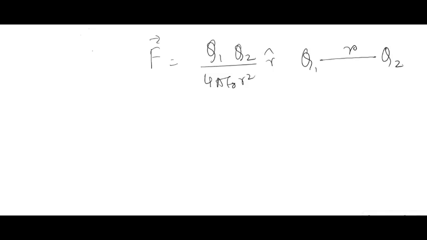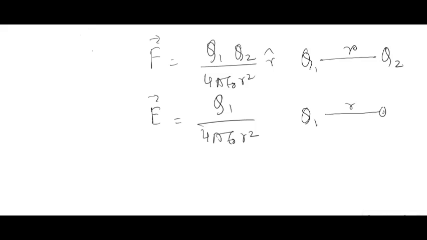Next আমরা দেখতে পেলাম ইলেকট্রিক ফিল্ড ইন্টেন্সিটি E, তার ভ্যালু হচ্ছে Q1 divided by 4 pi epsilon 0 r square, where Q2 is a unit positive charge, মানে 1 coulomb। আর তারপর আমরা আর একটা এক্সপ্রেশন দেখতে পেলাম, F is equal to Q2 E, বা এটাকে জেনারেলাইজড এক্সপ্রেশনে আমরা লিখেছিলাম F is equal to QE, if Q is replaced by Q2, so this is the general expression F is equal to QE।